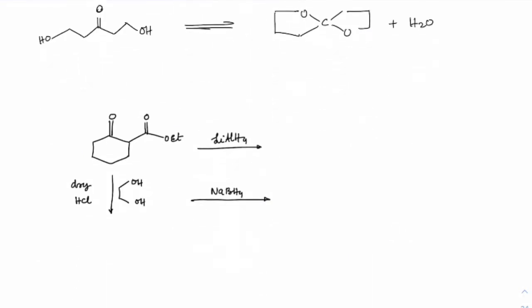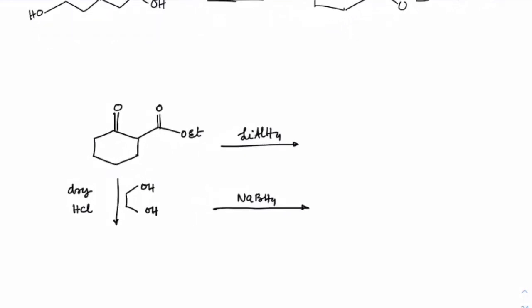Now let me show you how exactly the masking helps in different questions. This was one JEE question I took. Suppose this is an ester which has a keto form here, which is a beta keto ester, and he is treating that with lithium aluminum hydride. What is the product we can expect? We expect that we will get alcohol here, and we know that lithium aluminum hydride will reduce esters also, so these are the products.